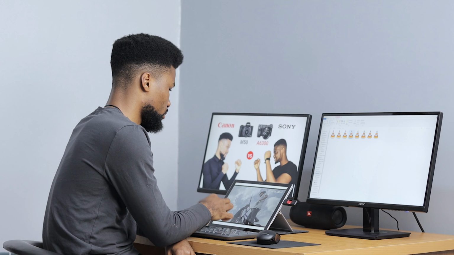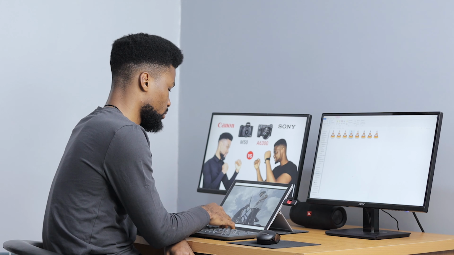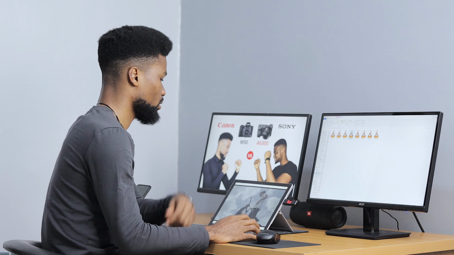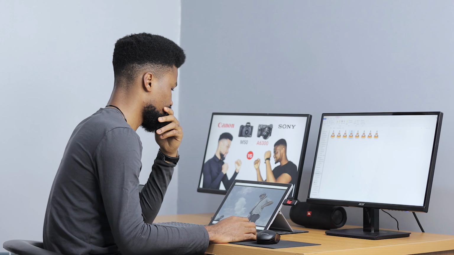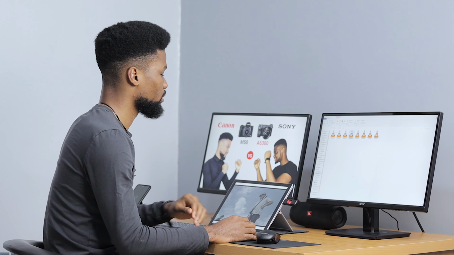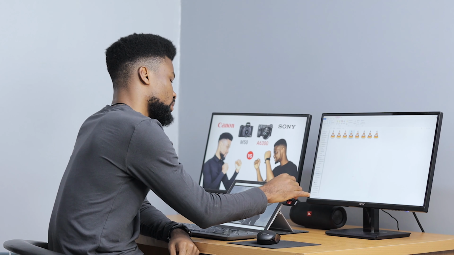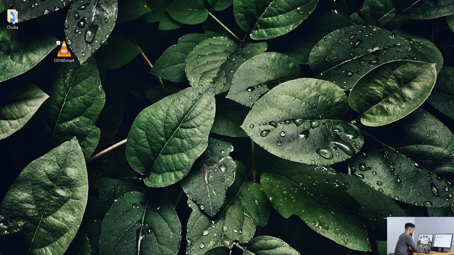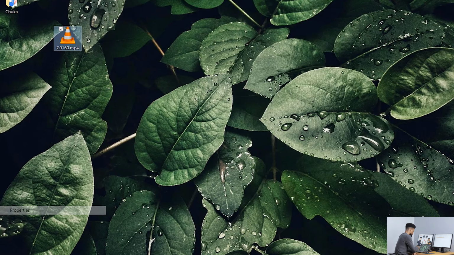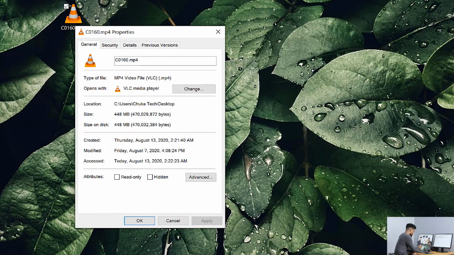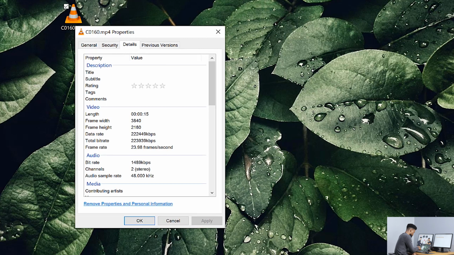Okay, interesting. It's playing now, but playback isn't smooth. So many frames being skipped. The file must be highly compressed. Definitely 4K. Let me check out the properties of this video. 448 MB for a 15-second clip. 3840 by 2160.